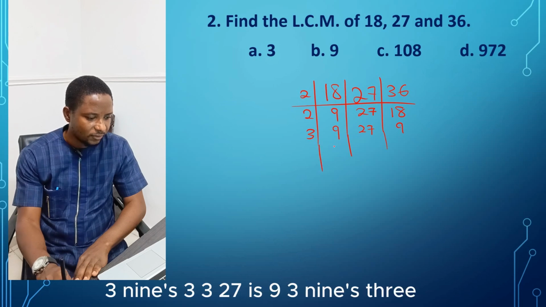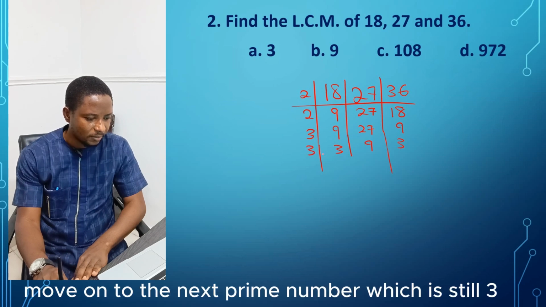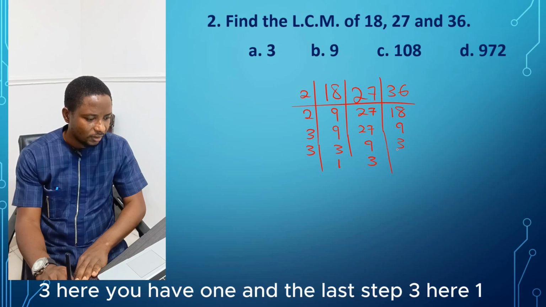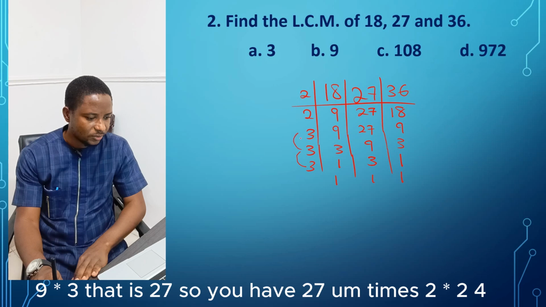3 in 9 is 3. 3 in 27 is 9. 3 in 9 is 3. Move on to the next prime number, which is still 3. 3 here, 1. 3 here, you have 3. 3 here, you have 1. And the last step, 3 here, 1, 1, 1. So you multiply: 3 times 3 is 9, 9 times 3 is 27. So you have 27